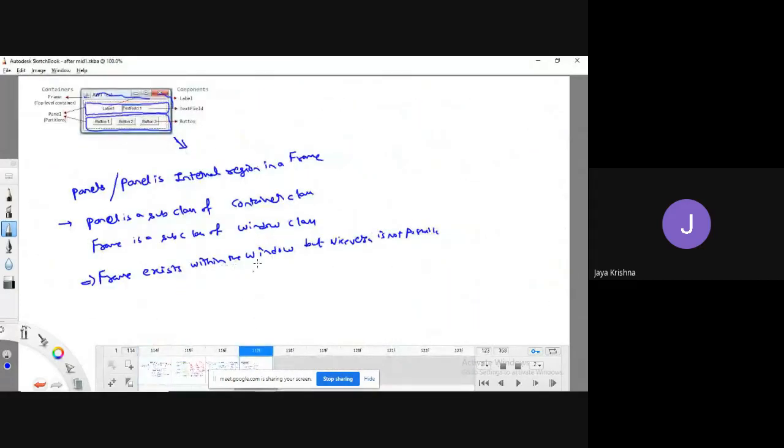So in a GUI, it contains a collection of components. Every component is an individual class. Among those components, one of the components is a container class.